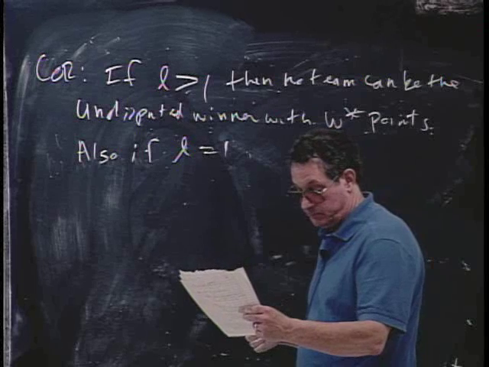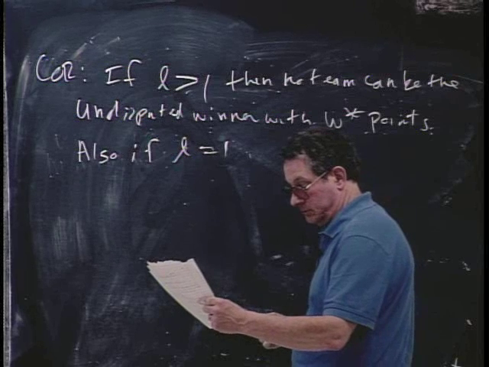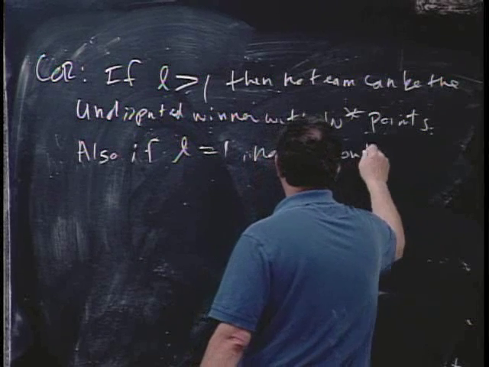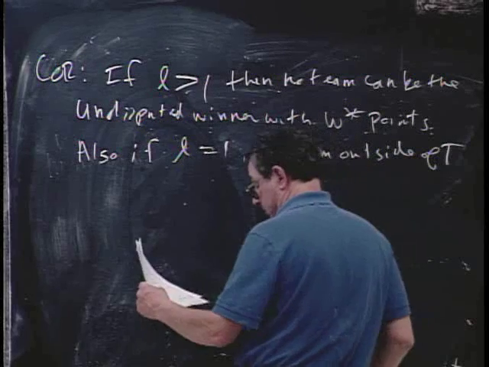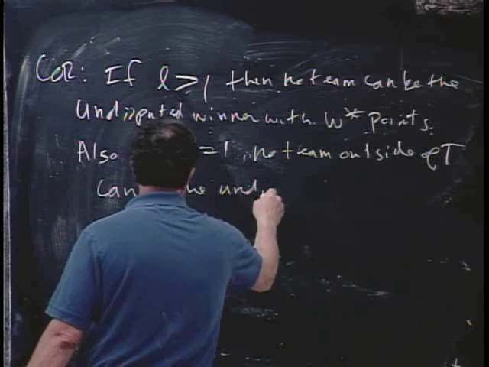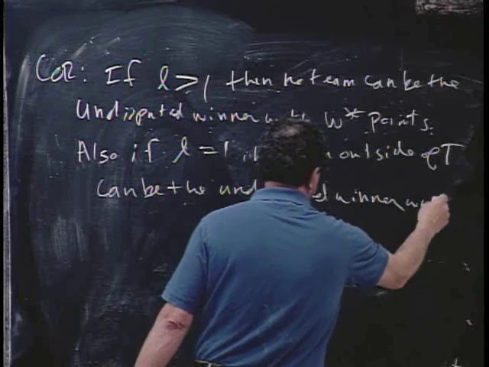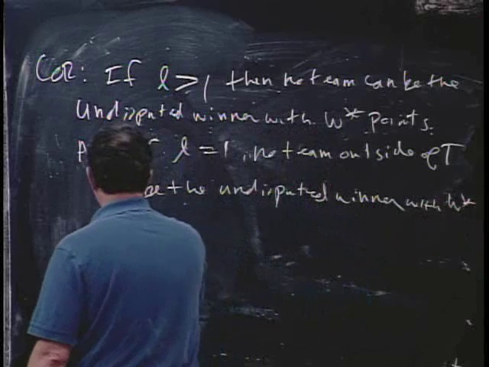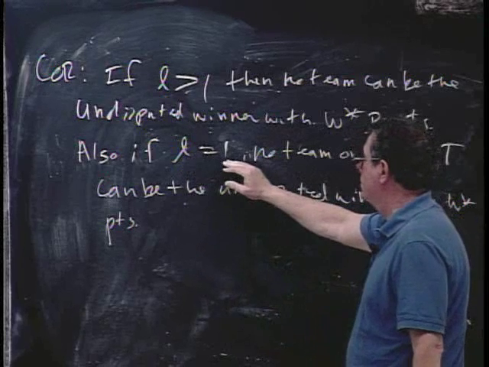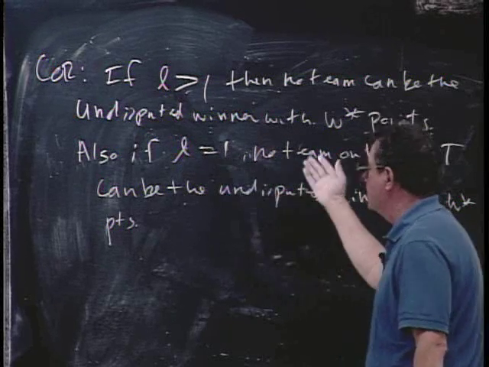If L equals 1, no team outside of T can be the undisputed winner with W star points. Well, that's a triviality, because